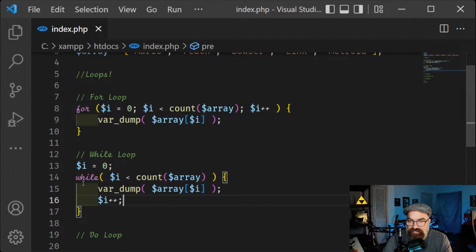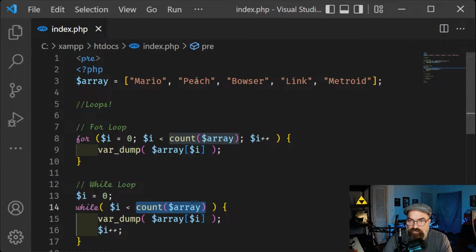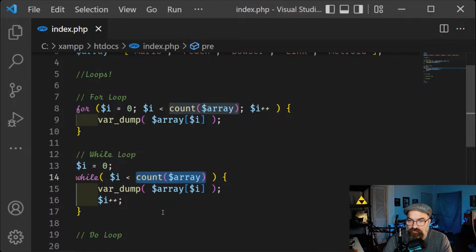So now that this is done, this condition is going to be run first. It's going to check to see if this value is less than the count of the array. So obviously we have 1, 2, 3, 4, 5. So it's going to look and go, okay, how many are in the array? And it's going to count that, and it's going to tell this where it needs to be. So if we go ahead and save this and we run it,